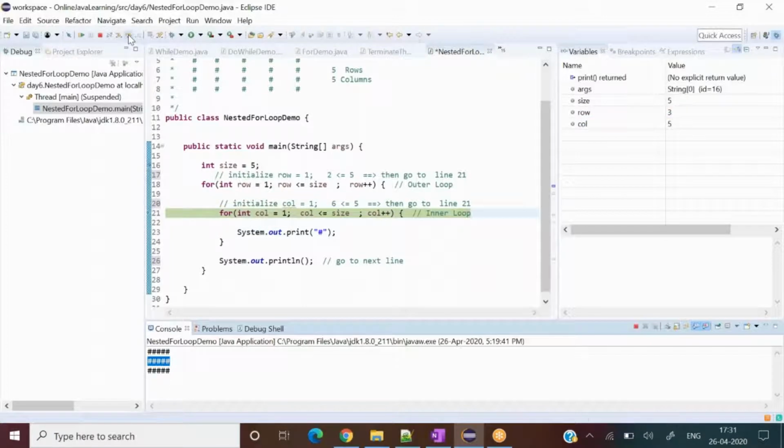So you're saying at the outer loop, that row is getting increased, right? But at the inner loop, that column is not increased. That initialization is going to remain the same, but that row, that number one is getting increased, right?